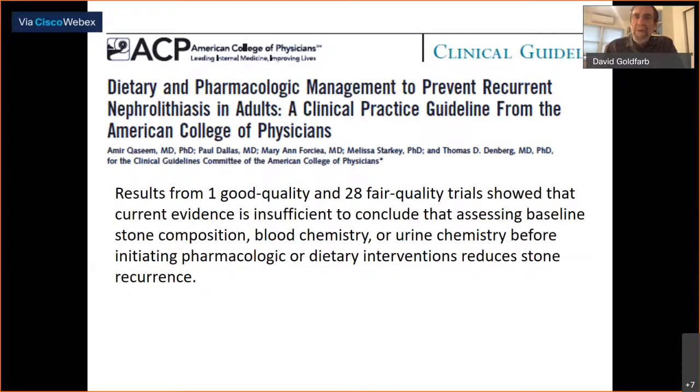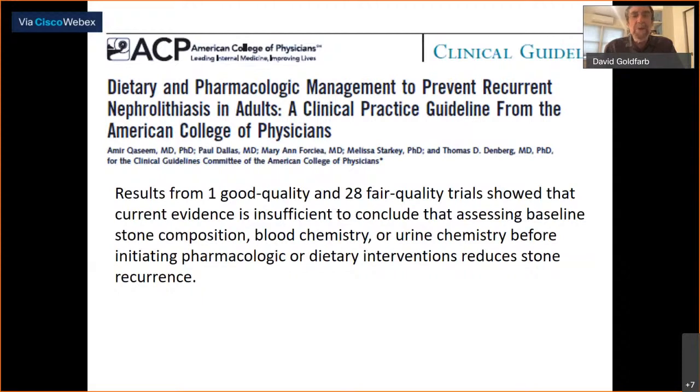And I'll just point out that one of the issues has been that in this review written by the American College of Physicians, and the authors of this paper, as I like to point out, none of them has ever written a paper about kidney stones. None of them has ever seen a patient with kidney stones. I don't know if any of them have ever had a kidney stone. I'm not sure. But they definitely reviewed the literature and found that there were really insufficient data to conclude that